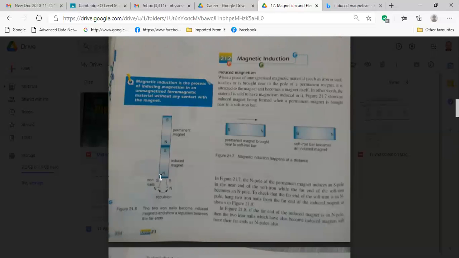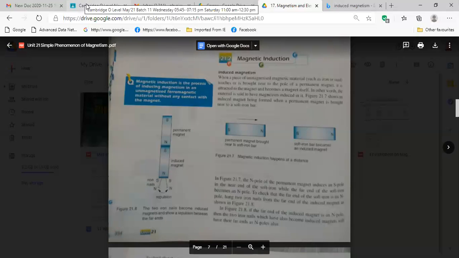For nails, this side is produced south pole and the other side is north pole. That's why these two nails are repelling each other.